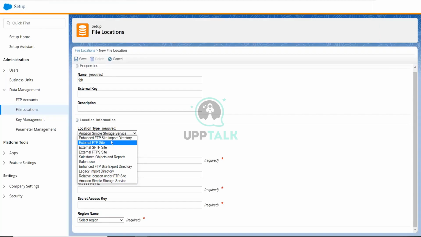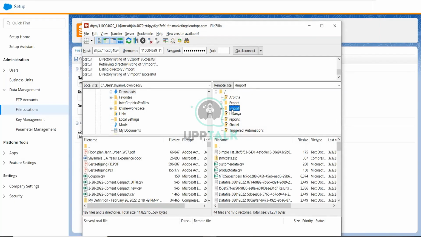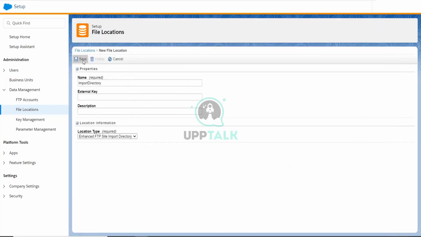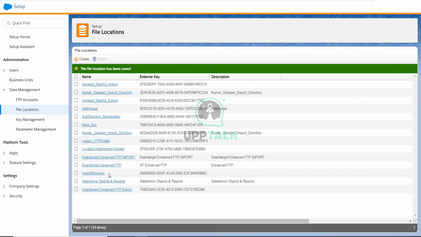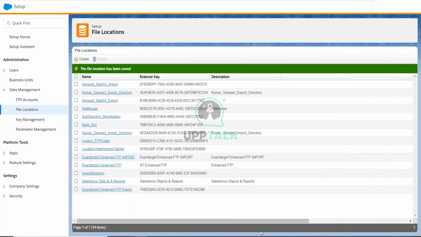Perfect. Apart from this, we have the enhanced FTP site import directory. This is very simple. This is an import directory. If I click on save, this file location is to send the data to this location. If I use this location and save this, whenever I send the data, I'm going to use this file location and it will send the data to this folder, exactly to the import directory. And if I have to send the data